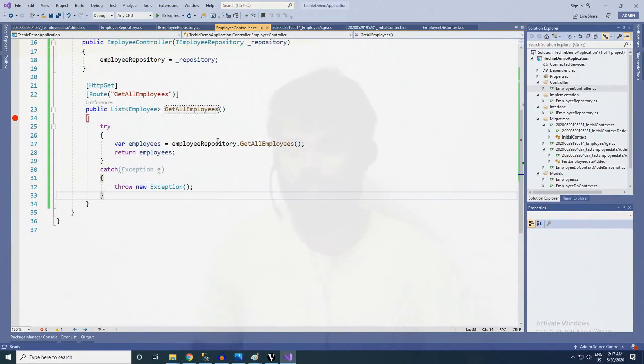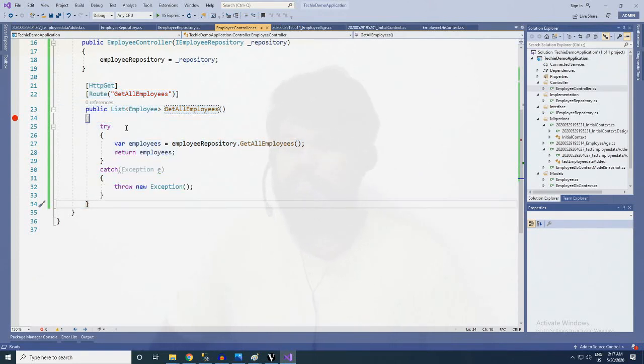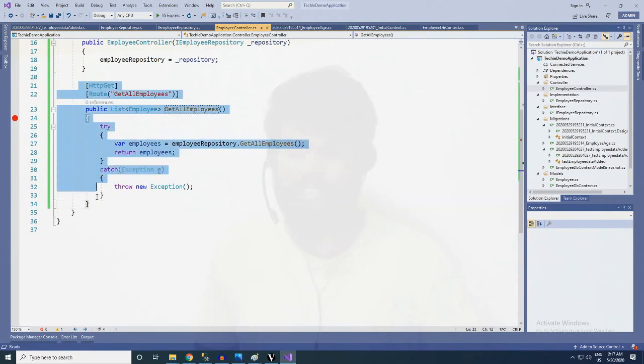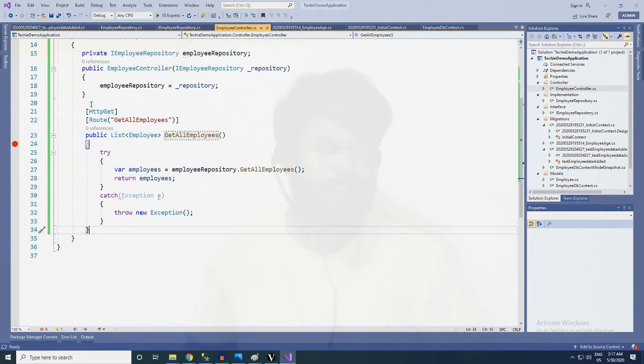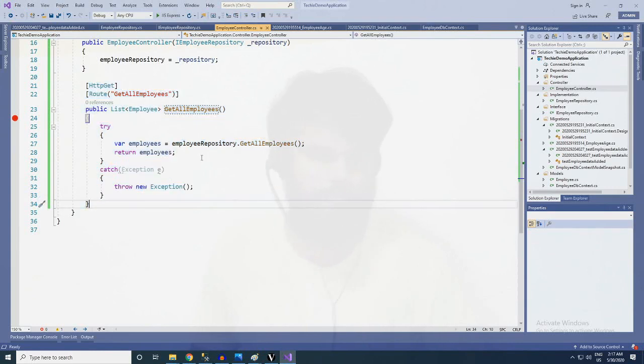Hey guys, in the last part, we have seen how to create a web API or REST API, and in this part, we are going to see how to create a perfect or acceptable web API. This is just backend work, and this is a format we web API developers basically use. So the next method we'll be doing is